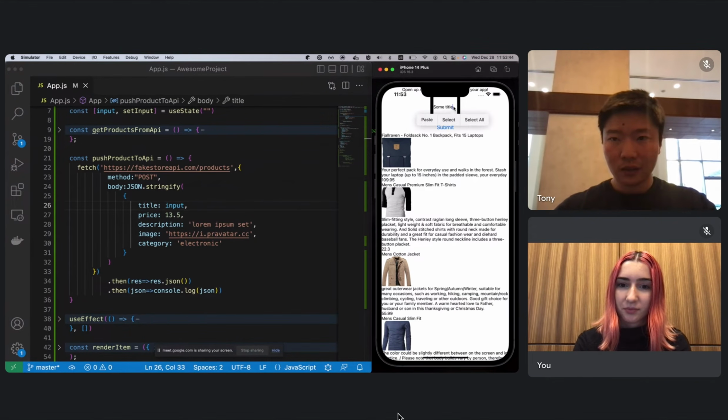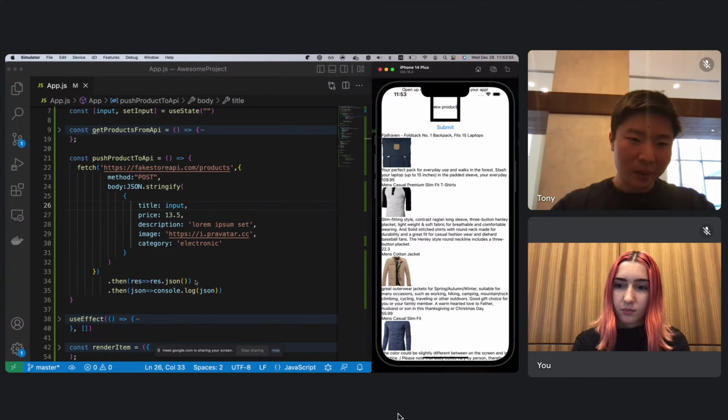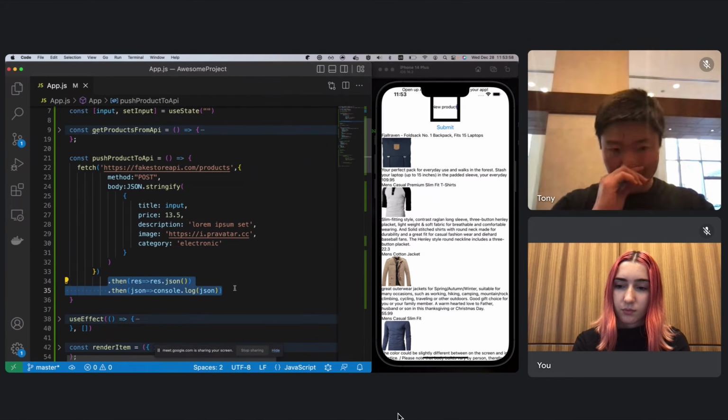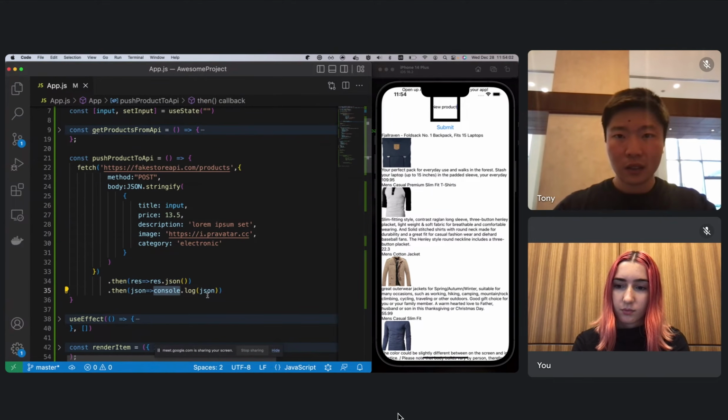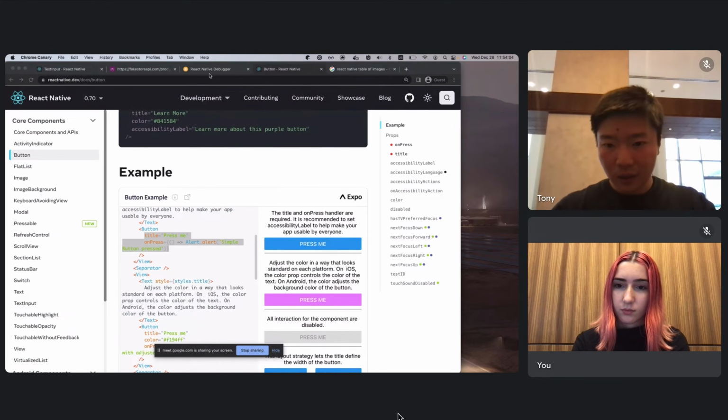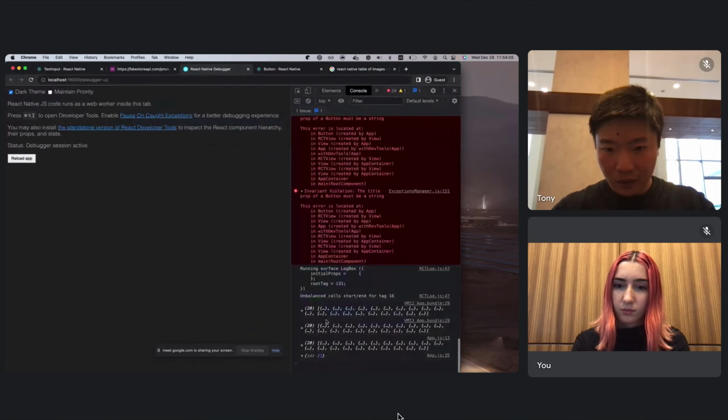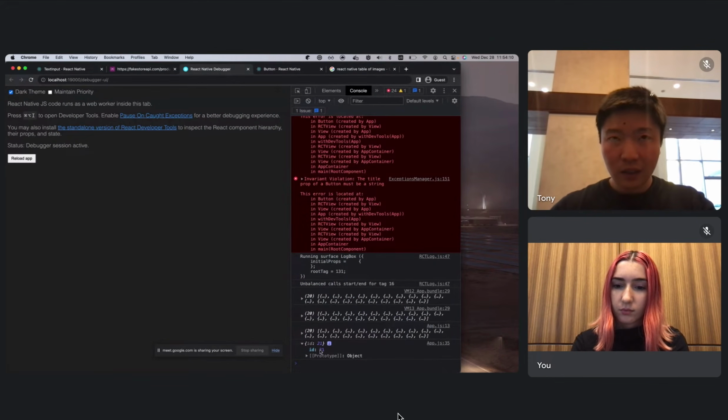So here we have, let's say, new product. If we press submit, nothing happens. Well, actually, we might be able to see it in the console log. If we check out the debugger. Oh, nice. We get an ID back. Yeah.